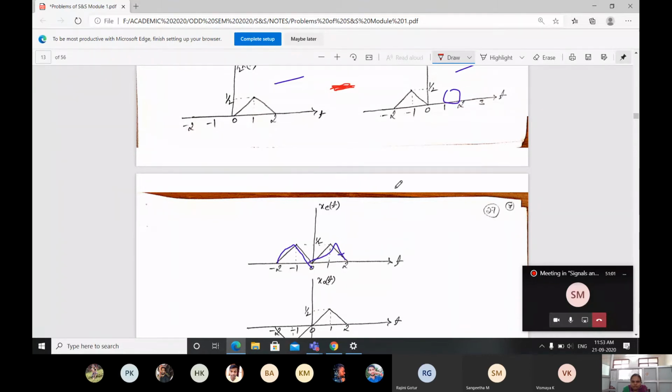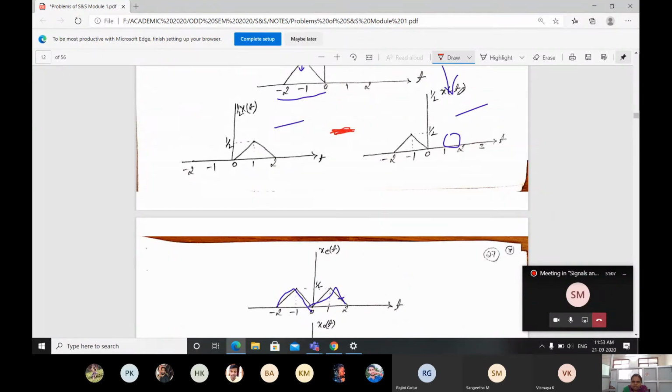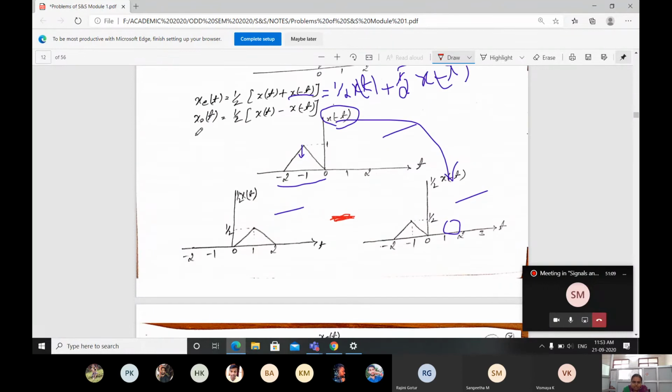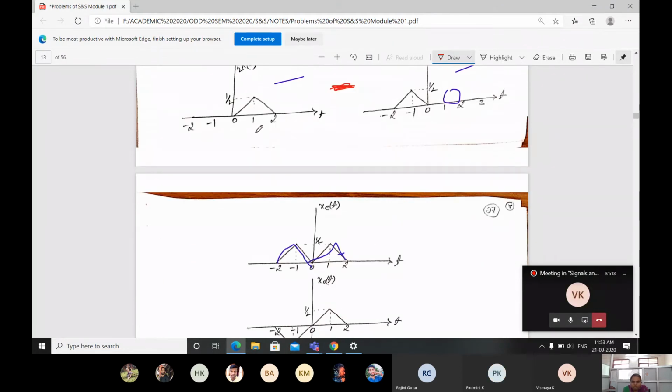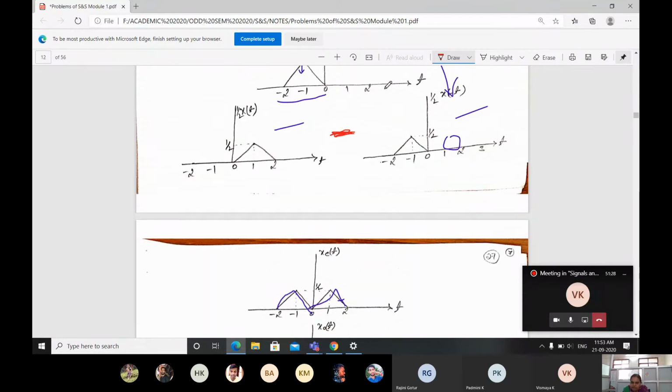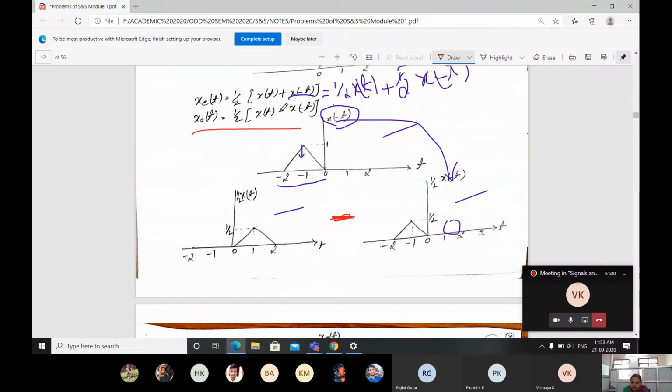Then first it's going to be x of t minus 1 by 2 x of minus t. This is our odd part of the signal. If I just observe here, if I subtract x of t, it is positive, this value will not change. When I subtract with the x of minus t signal, the magnitude value is going to change. Observe here, minus of, right?